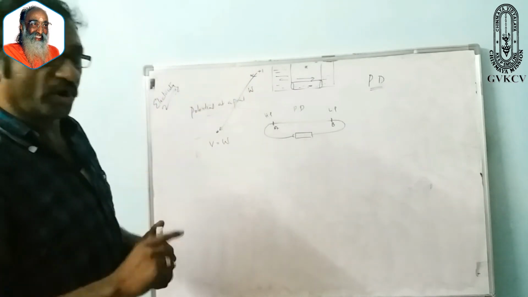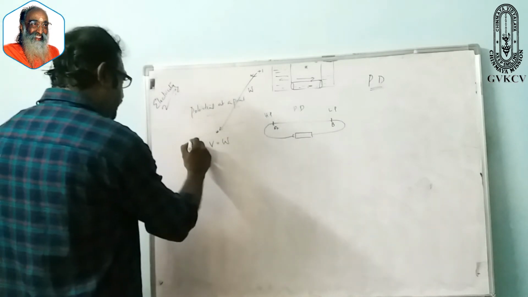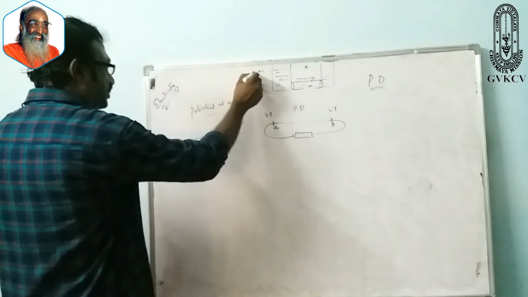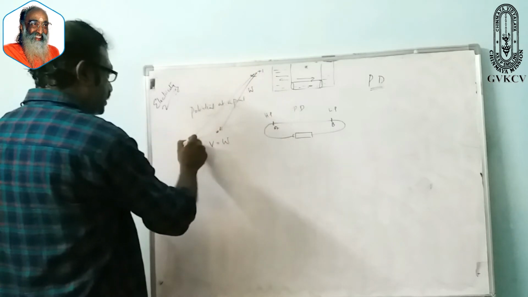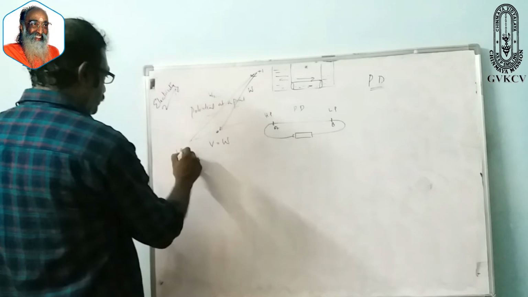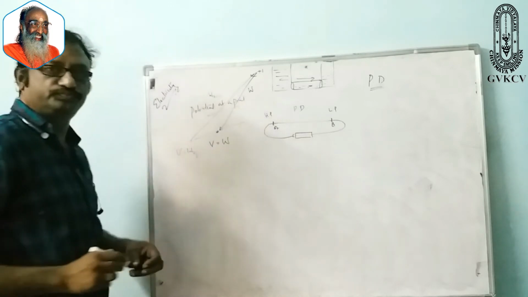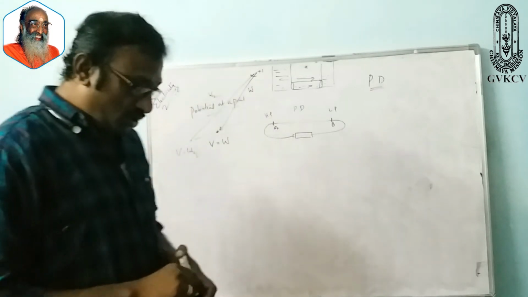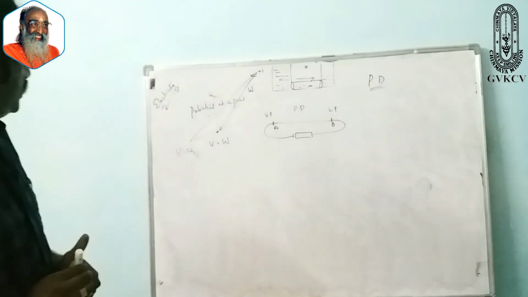It differs from point to point. Suppose the point is somewhere else, and you want to bring the unit positive charge from infinity to that point. The work will not be the same. It will be something like W2. So your potential at that point is W2. Okay, so we understood what the potential is.